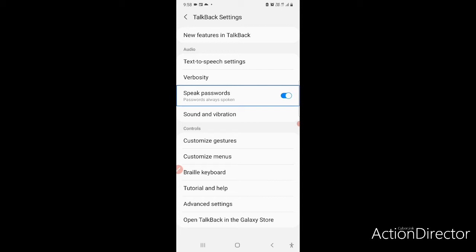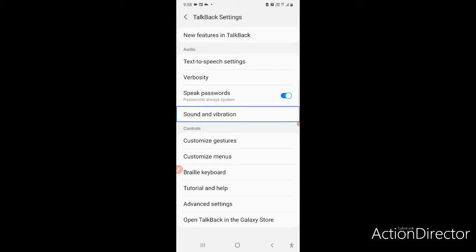Say if your password is TABASSUM, so when you click on T, it is going to say T. When you click on A, it's going to say A. But if this feature is turned off, then if you are clicking on a letter, say T, it is not going to say T. Instead of T, it is going to say dot, and it is going to do the same for each and every letter. Now let's move further.